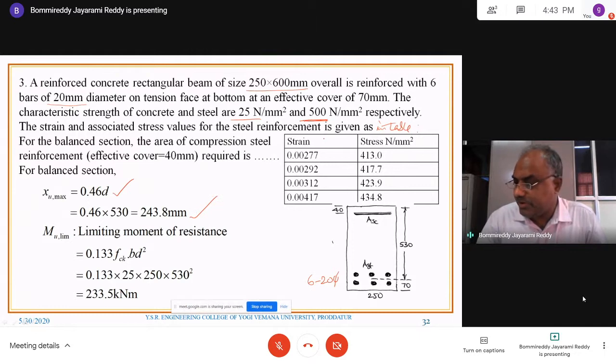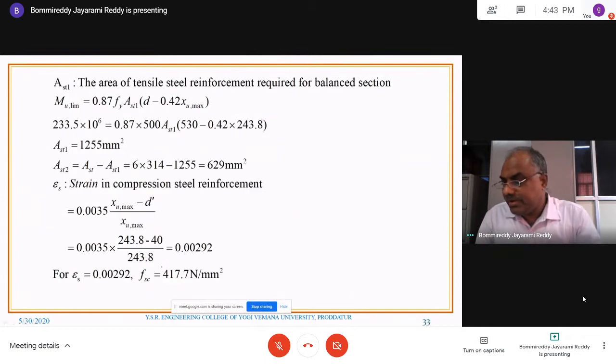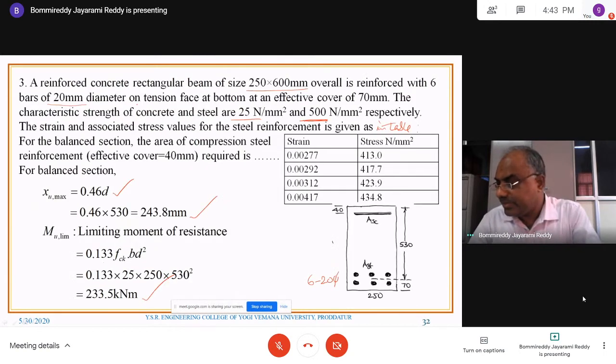MU limiting is for Fe 500, it is 0.133 FCK BD square, accordingly 233.5. And MU limited is known. What is that you have to calculate? What is the question here? For the balanced section, area of steel reinforcement is,